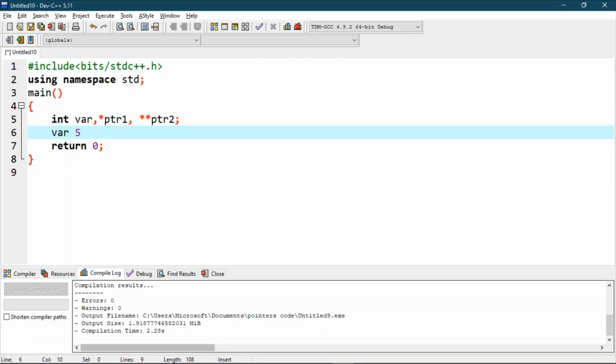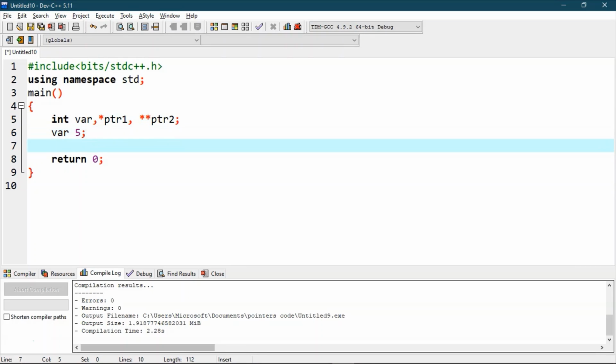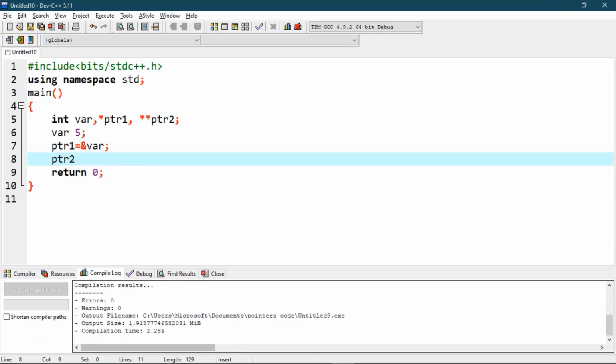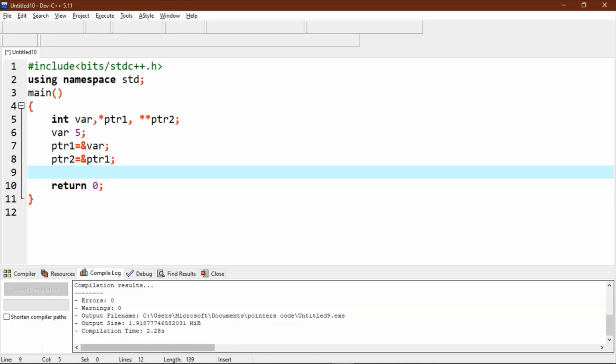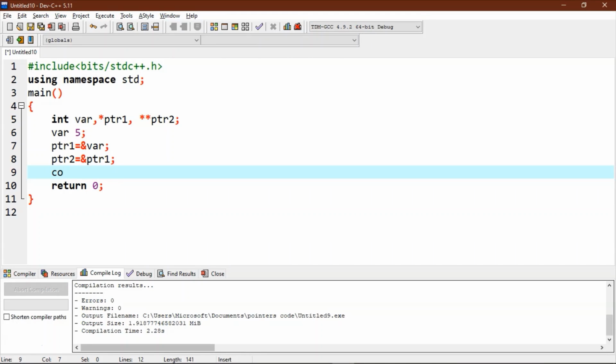Then we will assign this variable var's address to ptr1 and ptr1's address to ptr2. Now we will write a print statement to print variable var, ptr1 and ptr2.